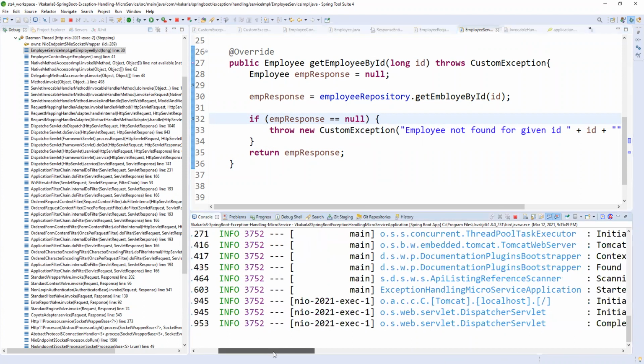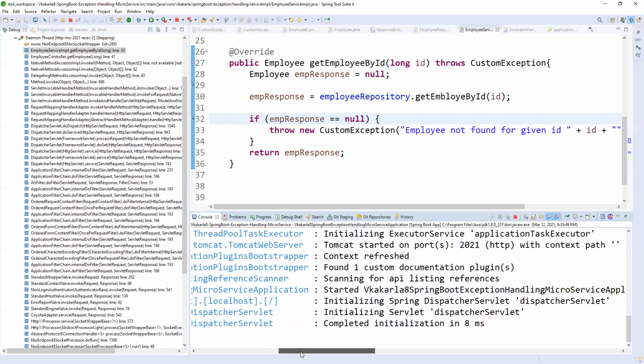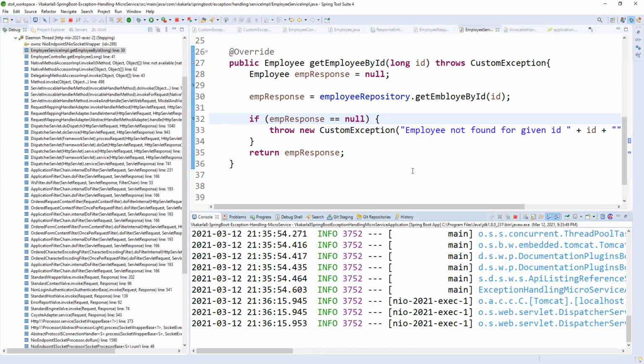It is taking time. Okay. Let me check why it is taking time.